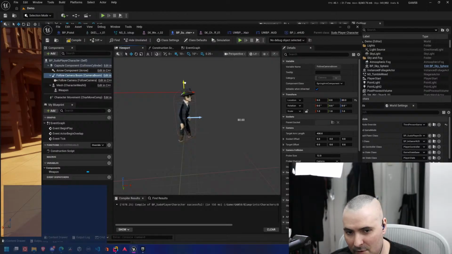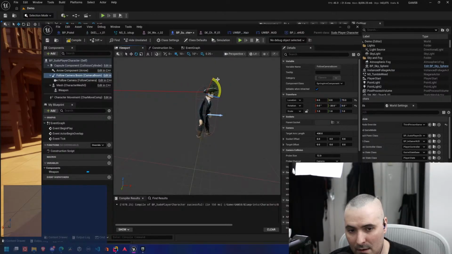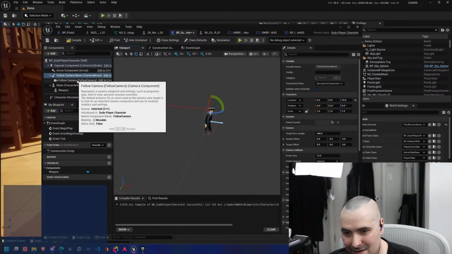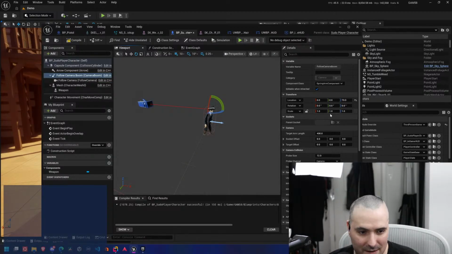I'm going to bring this up to about his eye level here. There. And then I'm going to rotate this a little. Oh, that's the wrong rotation. So that's the wrong rotation here. Yeah, what I thought.